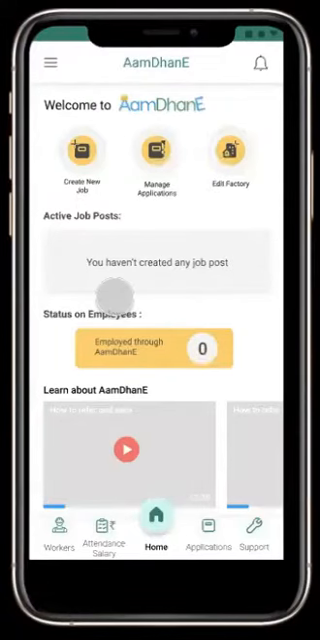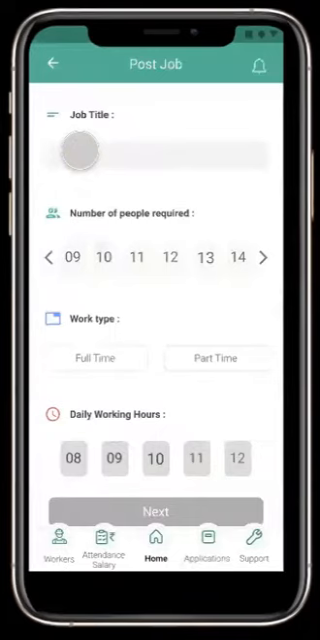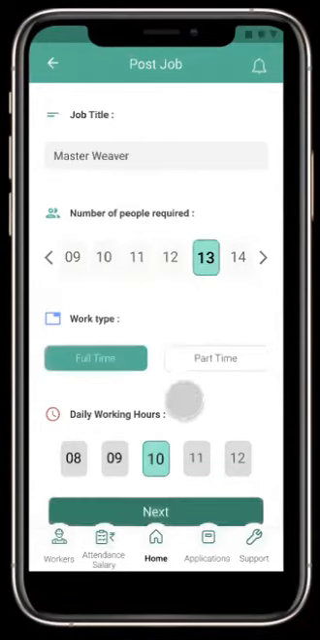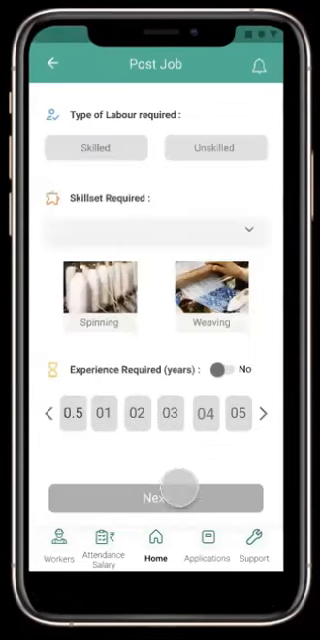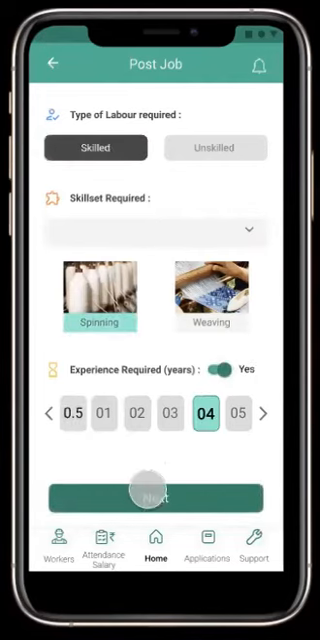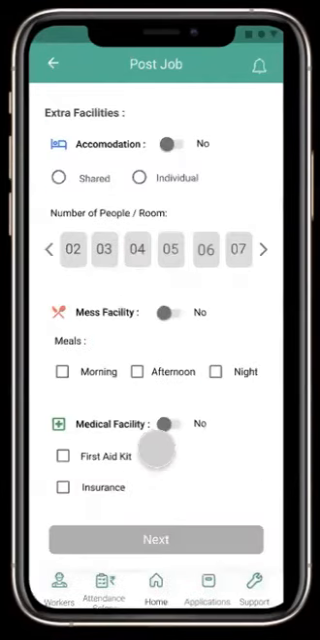Now, if you want to create a job for that particular industry, click on create a new job. There you will be required to enter the job title and the number of people required. Do you require them for full-time or part-time, and what are the working hours? Next up, what kind of laborers do you require, skilled or unskilled, or if you need any experience as well. Moving ahead, what are the extra facilities which are provided, like accommodation, mess facility, and additional facilities like first aid and